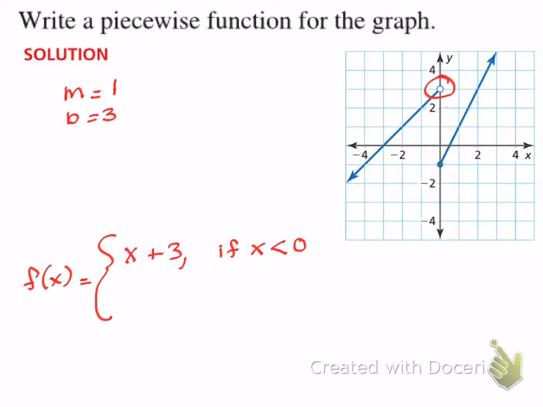My M is a positive 2 over 1. And my B is -1. So I'm doing the f of x, or y equals, right? The slope is 2. I put my x in there, plus, oops, is it a plus? It's actually a -1. And then we're going to say if, this time I only want to see,